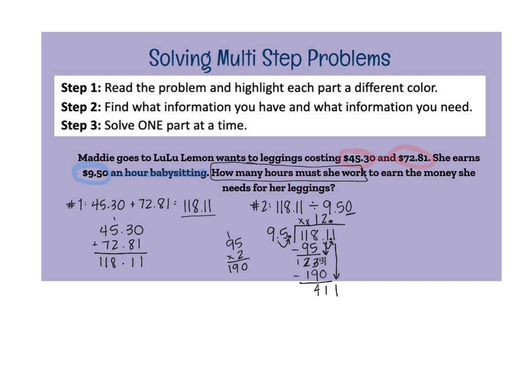95 can go into 411. Well, I don't know off the top of my head, but it could be, let's see, times 4. That's 380. Let's see if 95 times 5 gets us closer, or if it takes us past the point that we want to be at. 475 is too much, so we don't use that one. We're just going to do 4. 4 times 95 gives me 380, so I write that here and look for my remainder,